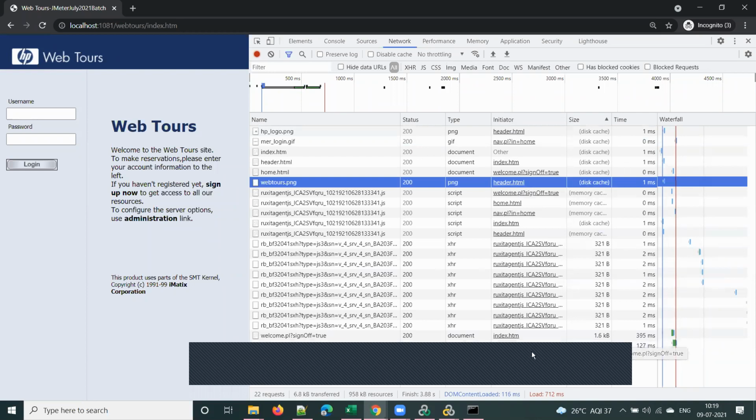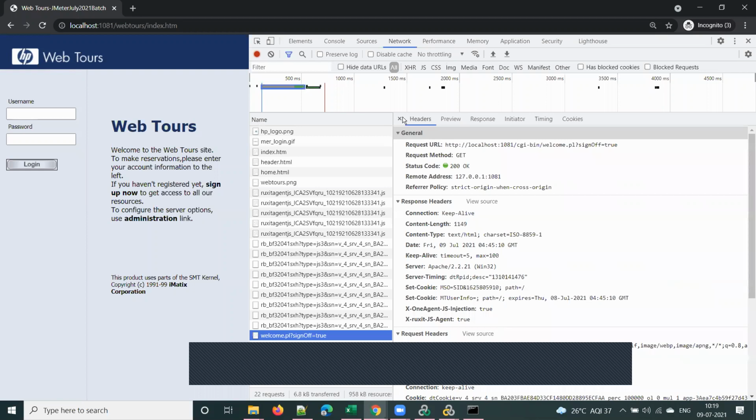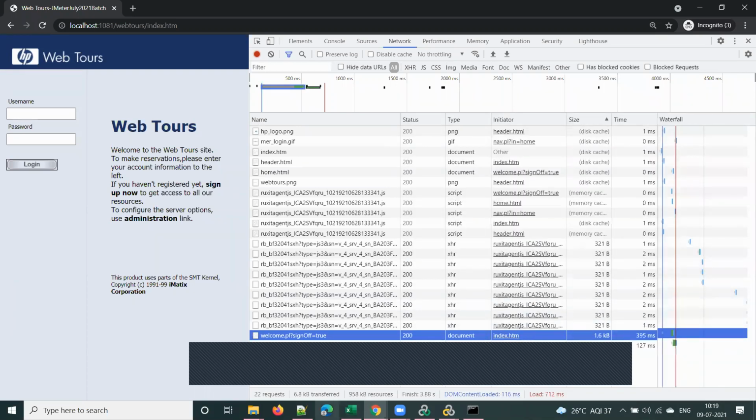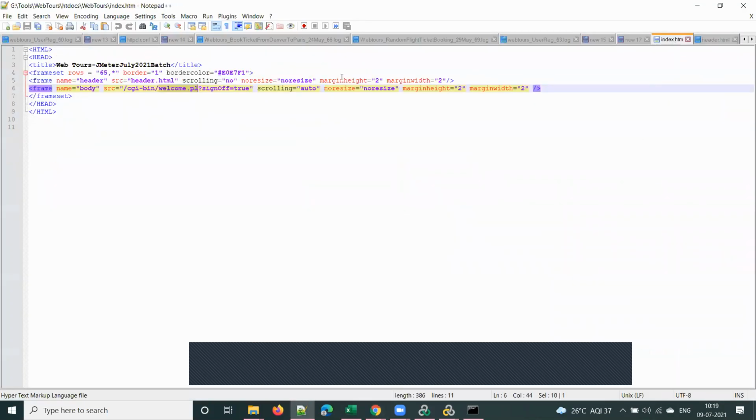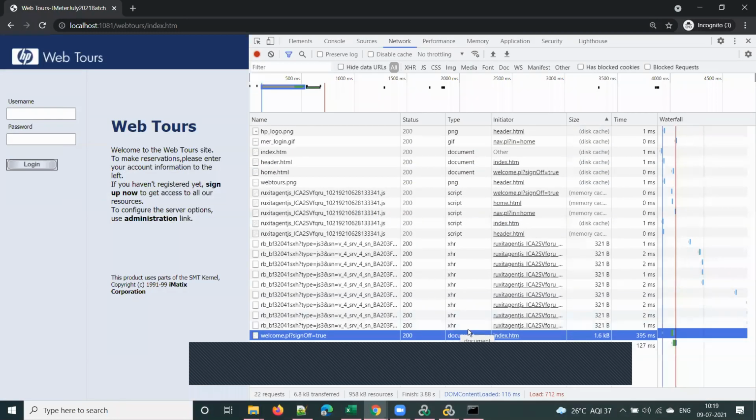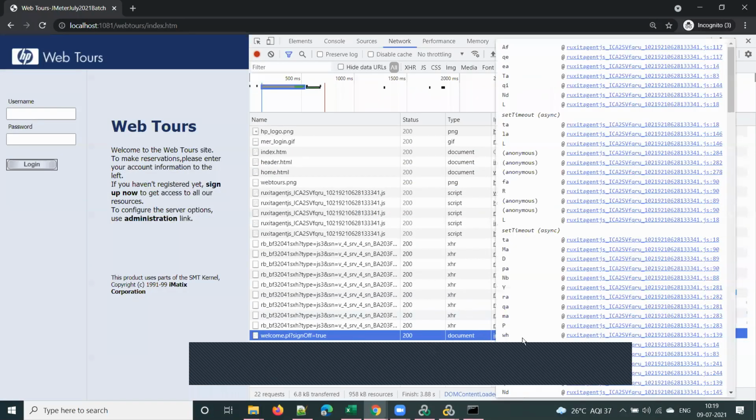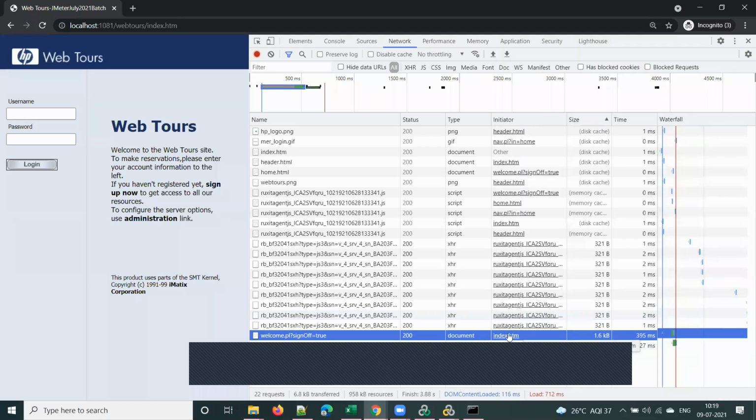In the same way, see, welcome.pl is called from index.html only, right? Let me show you the index.html code. So who called this welcome.pl? It is called from index.html, that's why you see the initiator for this as index.html, right? And this is the size of this response, 1.6 KB.